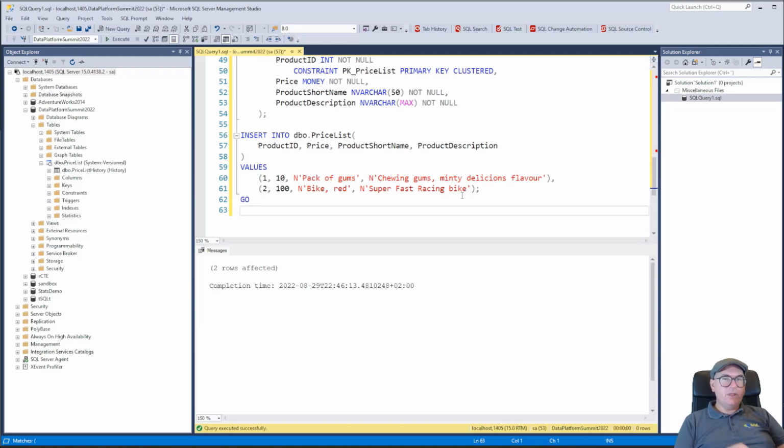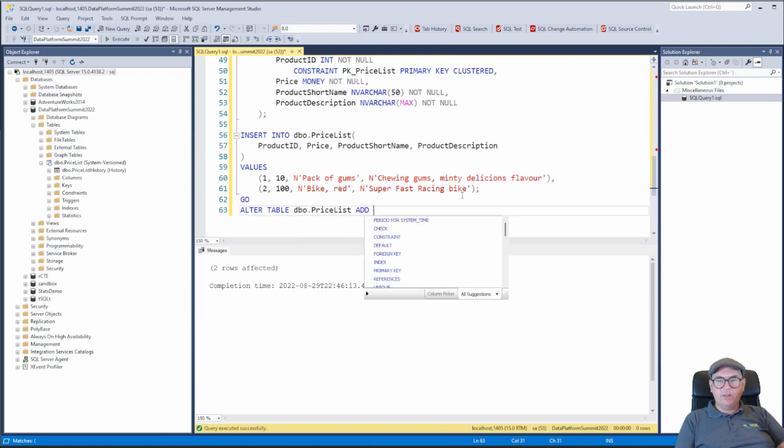So what we then need to do is to alter the table, add the 2 columns for valid start and valid end. We need to define the period for system time, and we need to alter the table and make it system versioned. So let's alter the table dbo.pricelist,